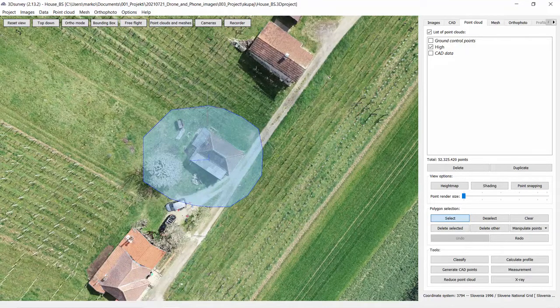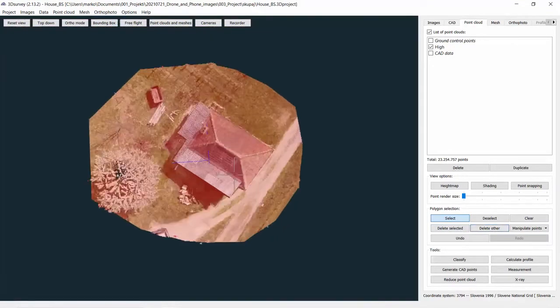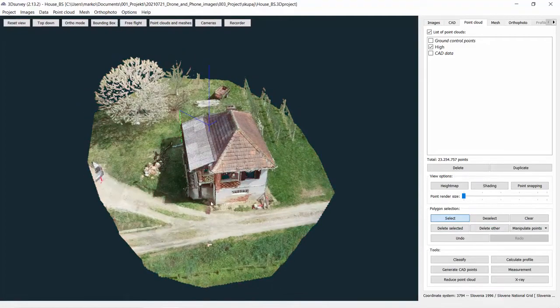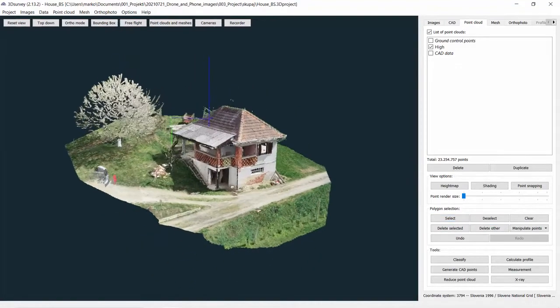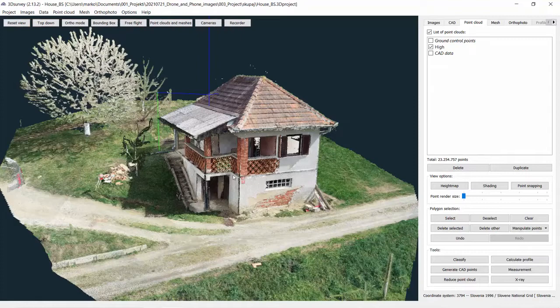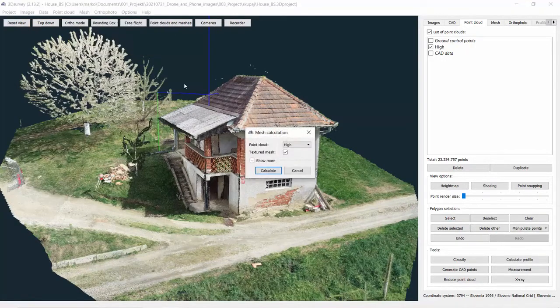Couple of seconds to get the selected points in selection. And instead of delete selected, we will use the delete other function, and we are going also to create a textured full 3D mesh for this smaller part. I'll click on mesh, calculate new full 3D mesh,